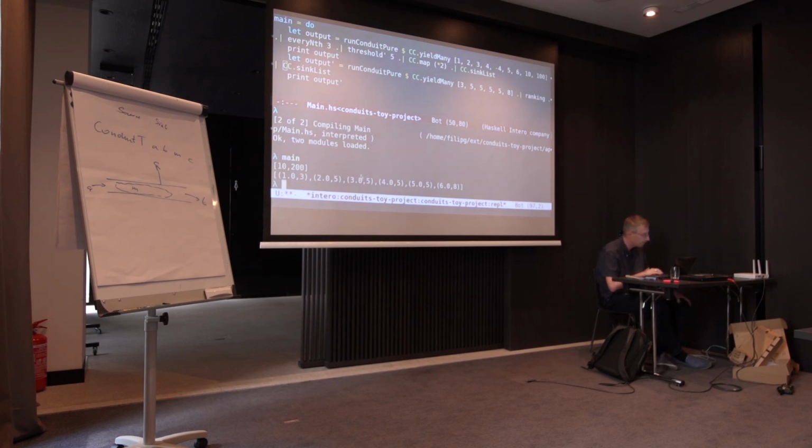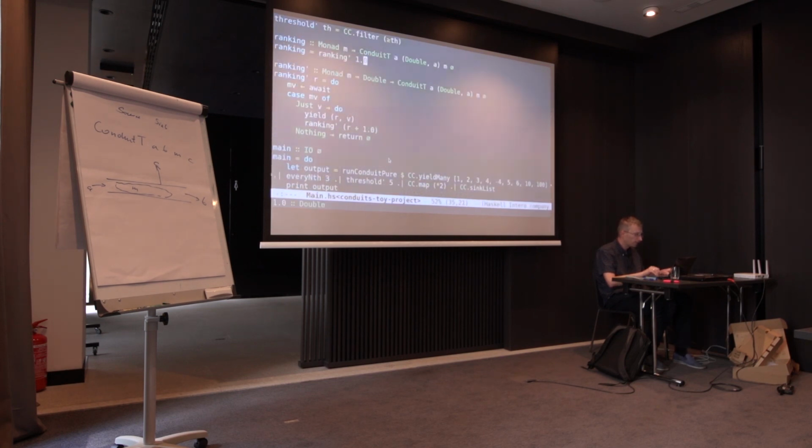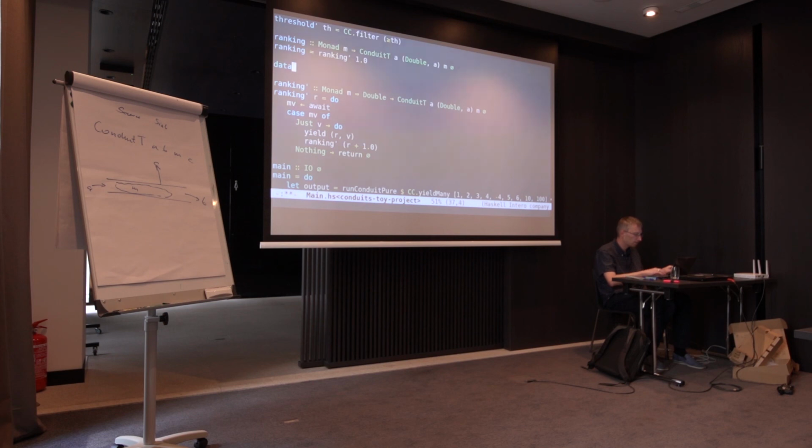need to do something special when you have a series of identical items, right? So what to do with that? Well, we need to make it a little bit more complicated. So basically, we need to remember. We need to compare the current value to the previous value taken from the stream, right? So I think one simple idea would be to introduce some state for your conduit. So it could be something like